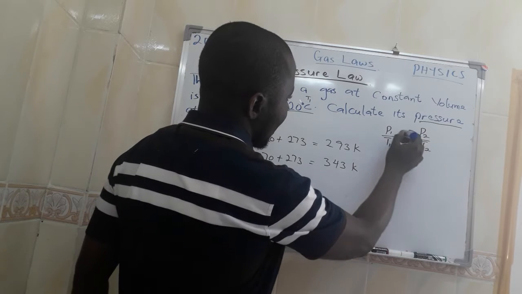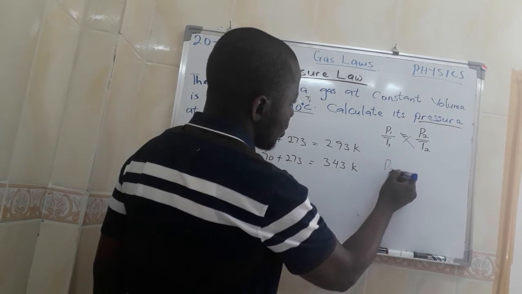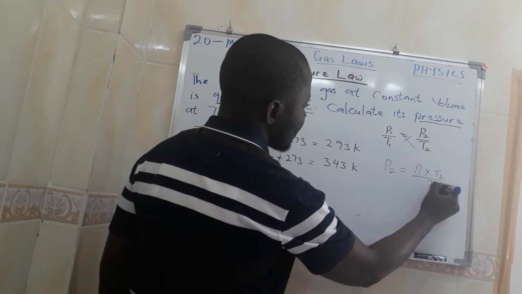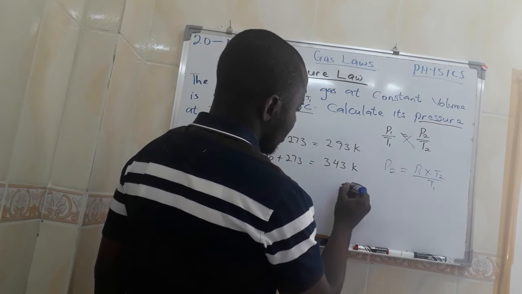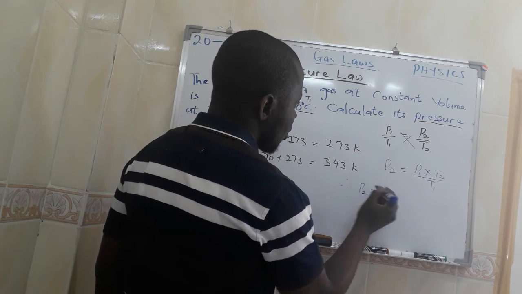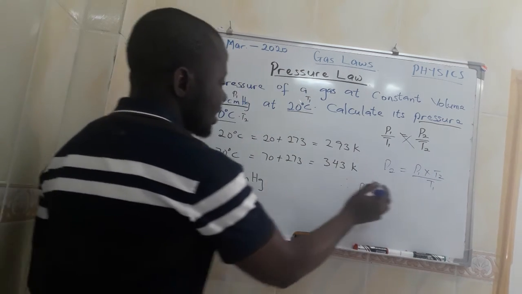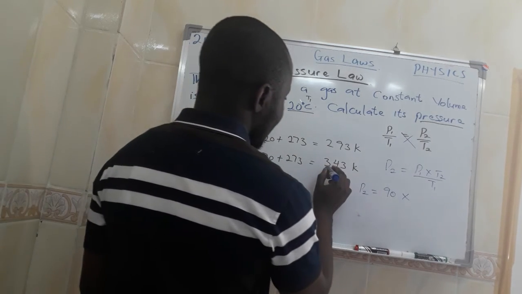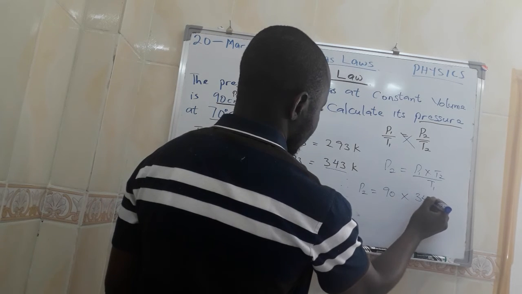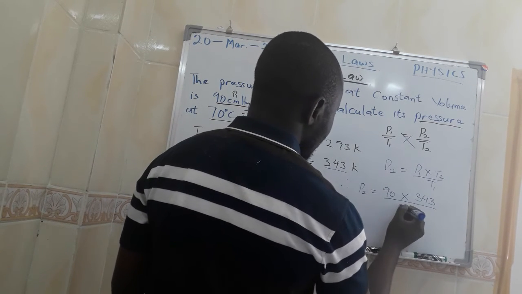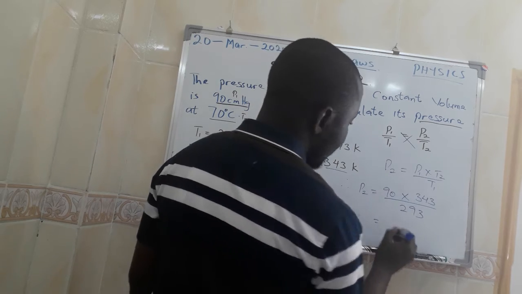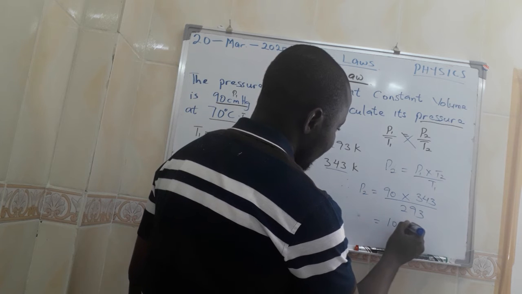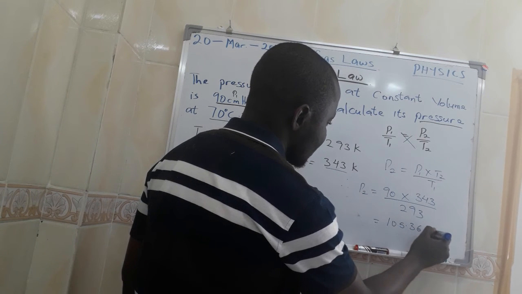If I cross multiply, then my P2 will be equal to what? P1 multiplied by T2 divided by T1. Therefore, my P2 will be equal to what? My P1 is 90 multiplied by what's my T2? 343 divided by 293. If I put all of this in my calculator, my answer is 105.36